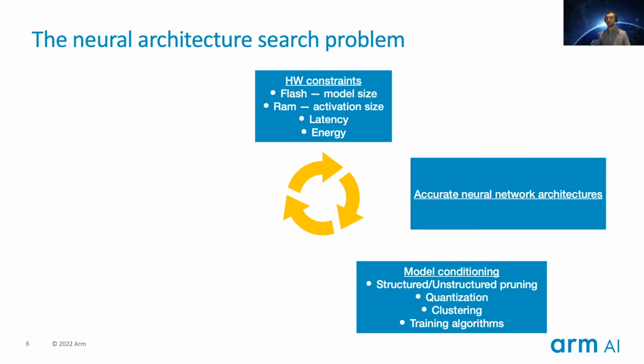We can quantize the model's weights also to make the model smaller and to, for example, use integer math operations instead of floating point math operations. We can cluster the model's weights to reduce the storage size of the model. And each one of these model conditioning techniques comes with its own training algorithm. For example, if we want to quantize the model to 4 bits, we need a special algorithm to train that